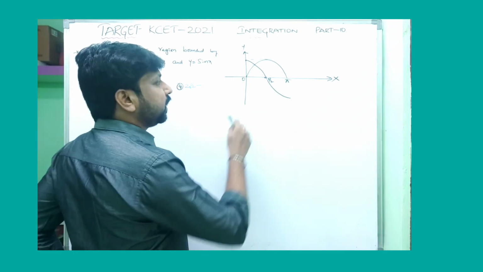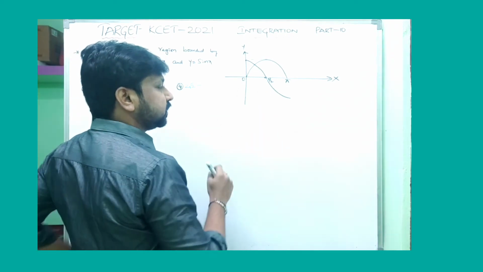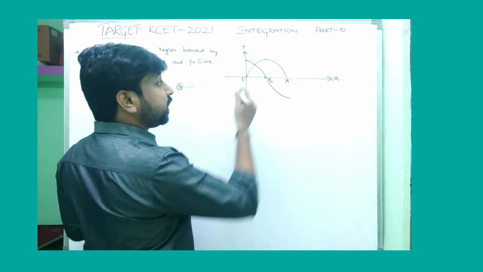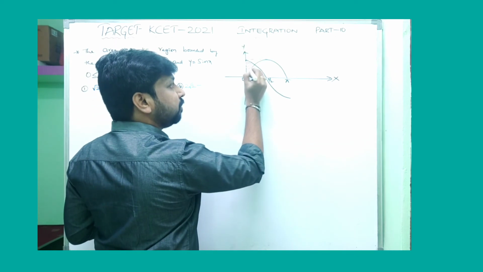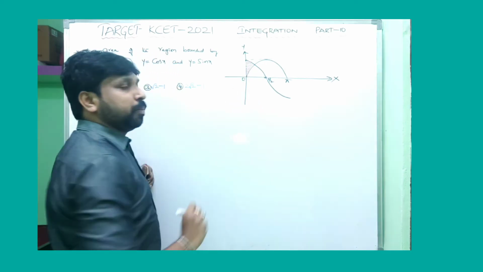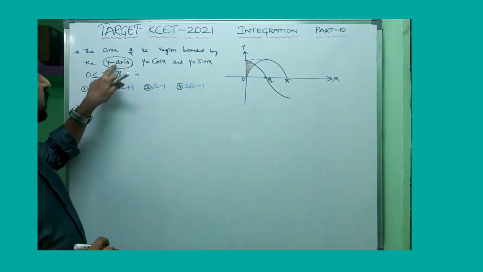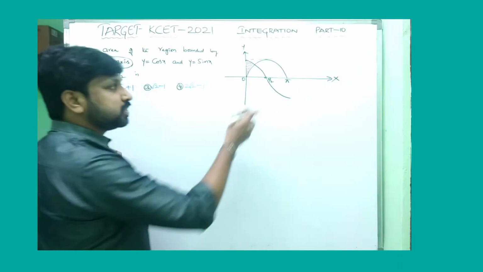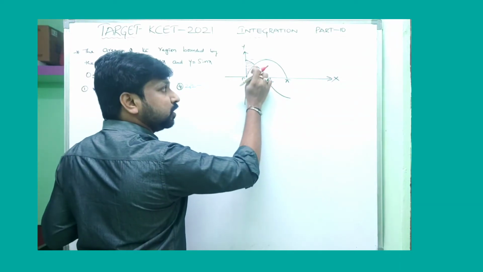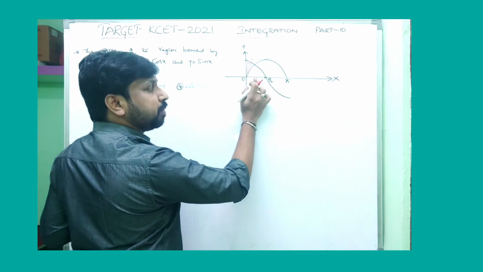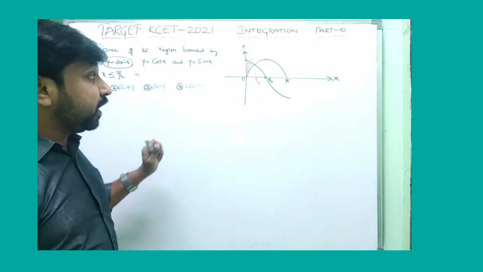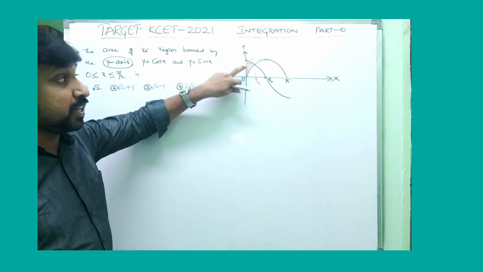If you observe very clearly, with respect to the x-axis means you need to consider this part, whereas with respect to the y-axis means you need to consider this area. This is a very important point. With respect to the x-axis, instead of the y-axis, if x-axis is given, we are going to shade this part. So this point will be pi by 4. We need to split 0 to pi by 4 and pi by 4 to pi by 2. But here the y-axis is given, so you need to shade this part only.